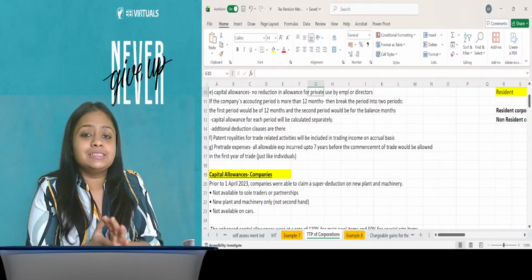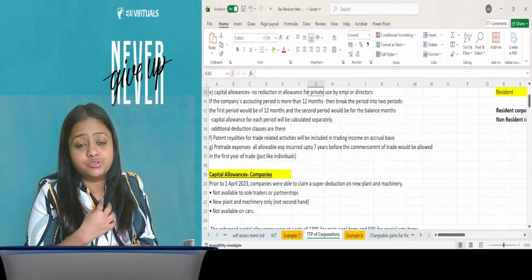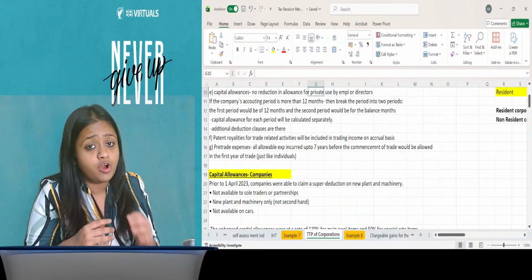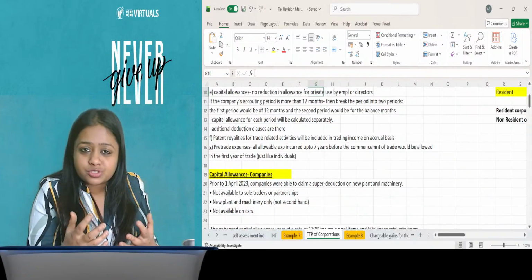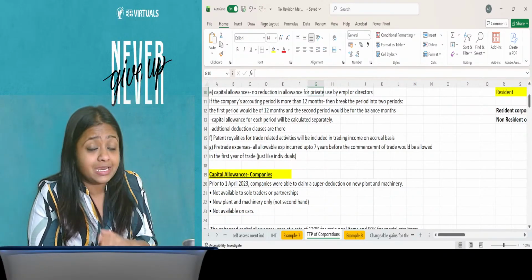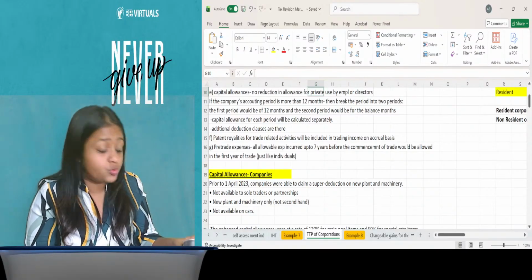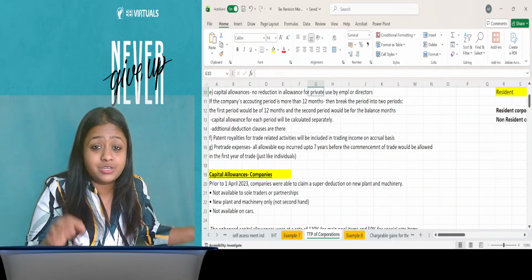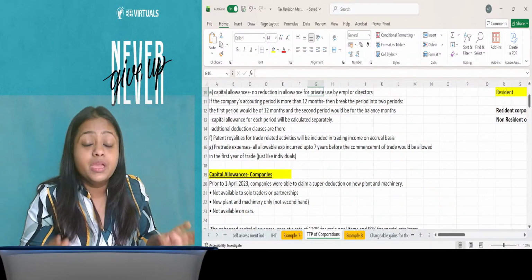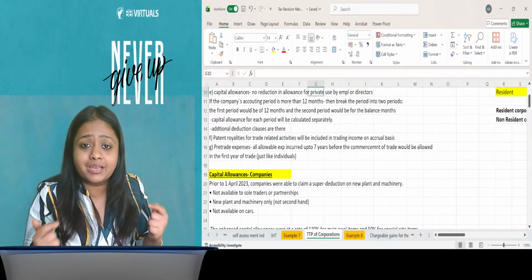So now we had just started with the discussion of the performer and we completed the discussion of the performer for the TTP for corporations, wherein we understood how we create that performer, which is mandatory to be followed. When you are appearing for your exams, you have to do your corporations question exactly in the same performer. Now let's understand everything part by part and let's quickly revise them.